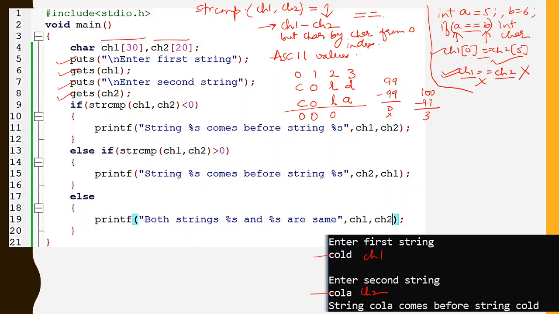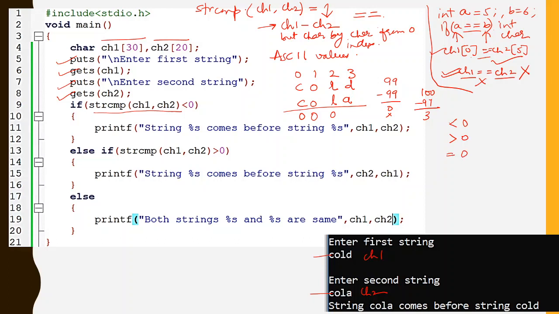So the value of strcmp of ch1 and ch2 can have three outcomes. It can be less than 0, it can be greater than 0, or it can be equal to 0.